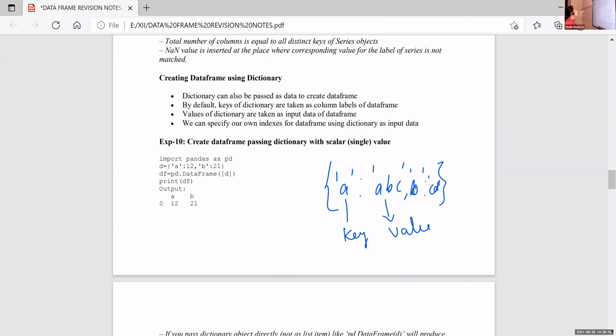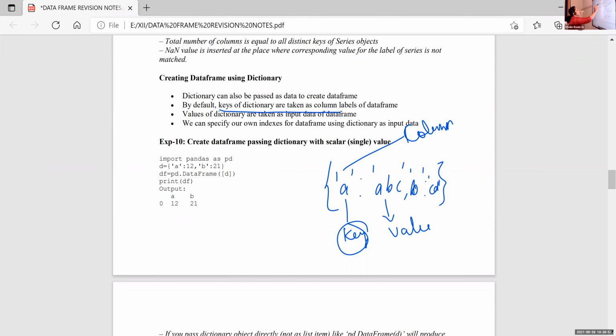So when we are creating a data frame using this dictionary, the keys are taken as column labels. In a dictionary we have two parts, the key and the data value, and the key is used as the column label of the data frame.